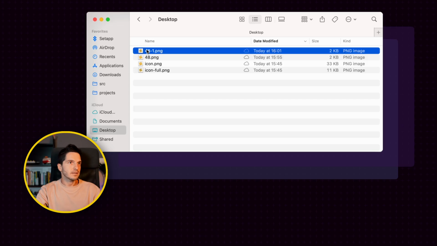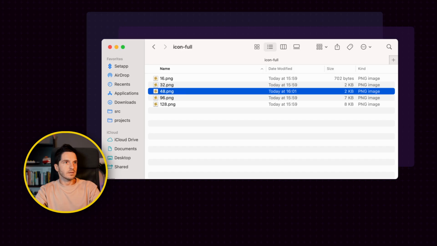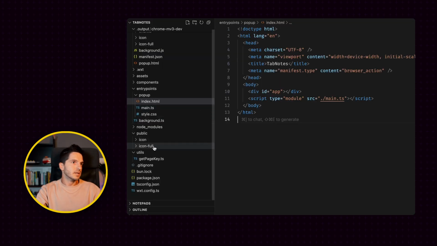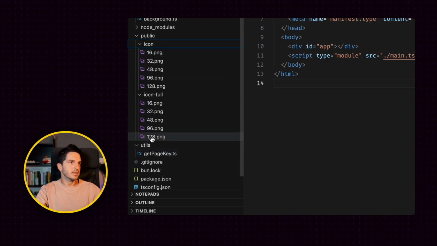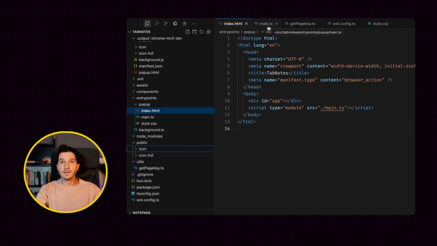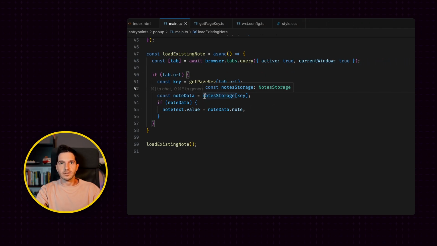Similarly, I created a full version of the 48 pixel that I also add. And if I look at my code base, I see that I have 5 icons for the normal version and 5 when there is content. So all that is left to do is to write our JavaScript code